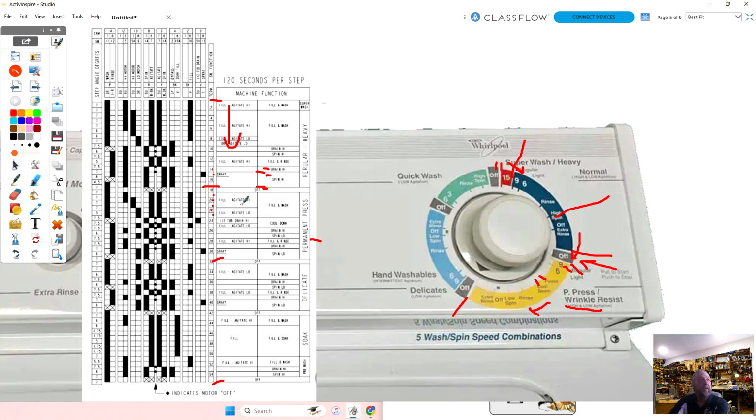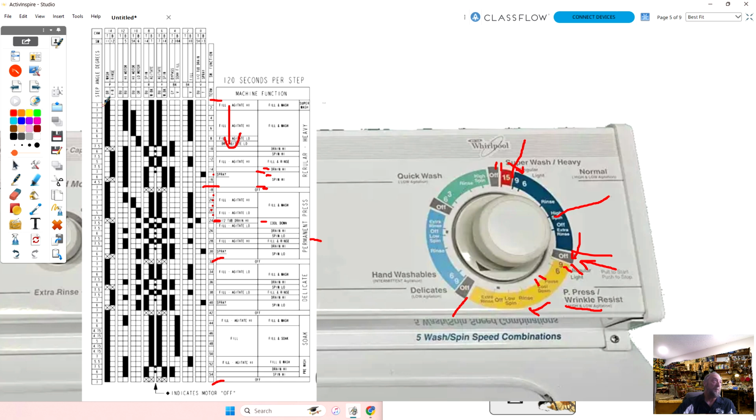If we look right here in this cycle, we have a cool down, and we have this position right here where there's a pause. It says a half tub drain. So we could follow this dial all the way around and come back to the other end. If we were to coil this up into a circle, that's how this would work. This is telling you what the switches are doing at any given point.